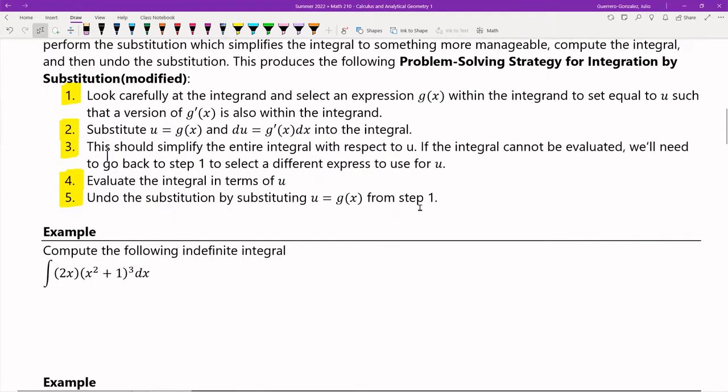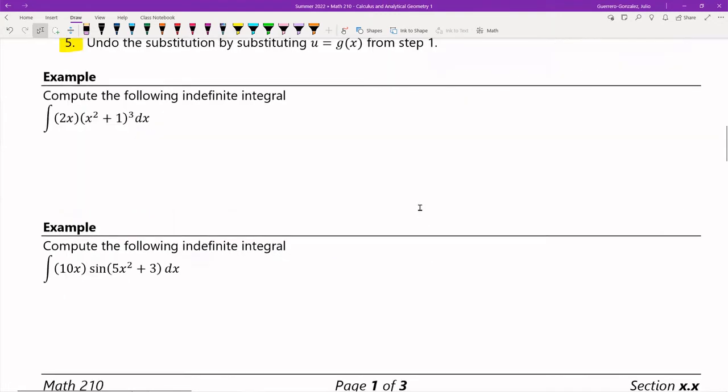So now, let me do this first one, okay? So this first one, if you guys take a look, x squared plus 1, right? The derivative of x squared plus 1 is 2x. So I have here, right, I've sort of identified the thing where the derivative is also inside the integrand, right? So that's the thing I'm going to set equal to u. So I'm going to say u is equal to x squared plus 1,